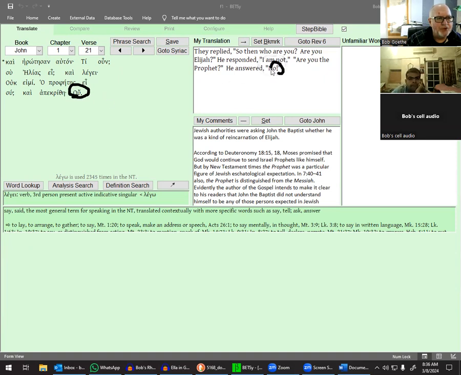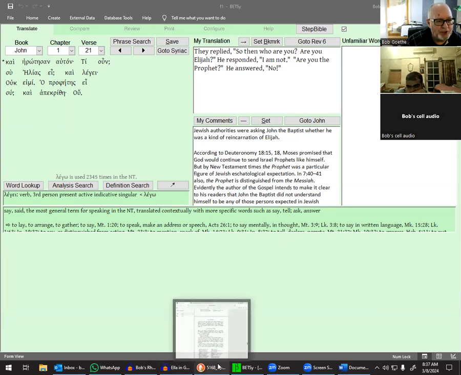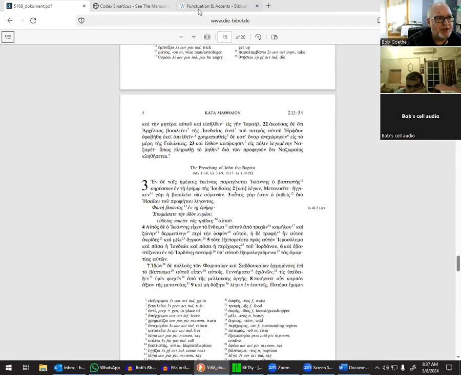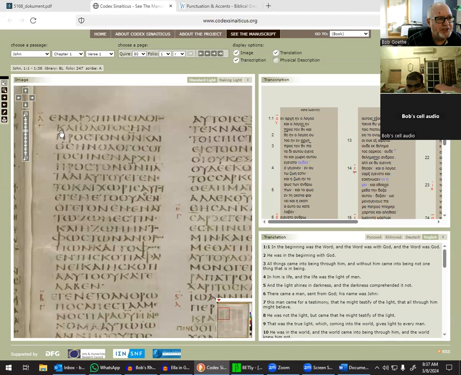Greek does not use an exclamation mark. So if you ever see that in an English translation, it's because the translator has inserted it, thinks that it's called for. So it is a punctuation mark that we use in English that never gets used in Greek. Now, having said all of this, the original manuscripts in Greek, and this is a manuscript made in 3015, you can see that